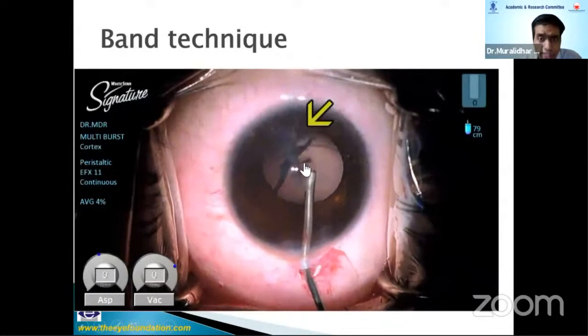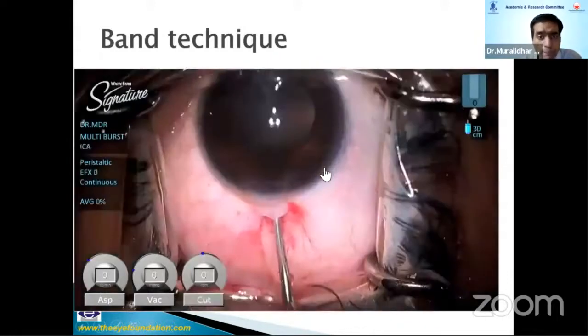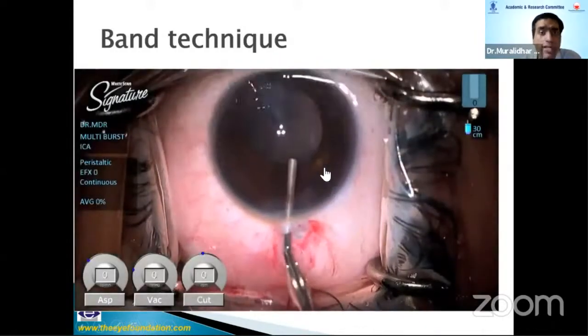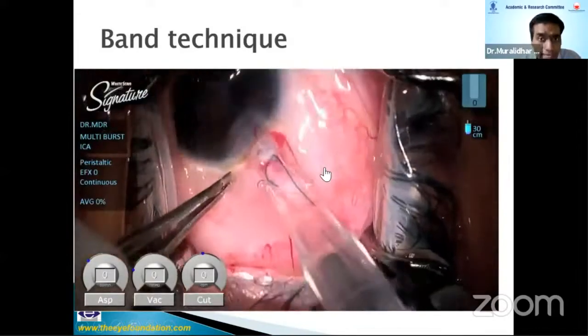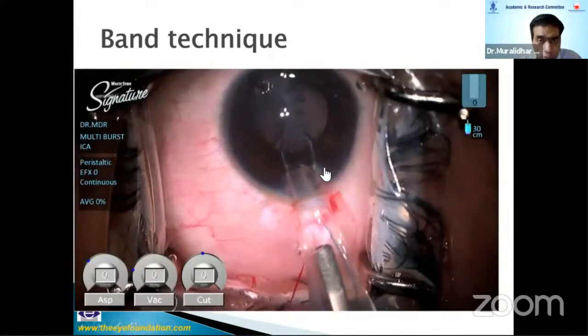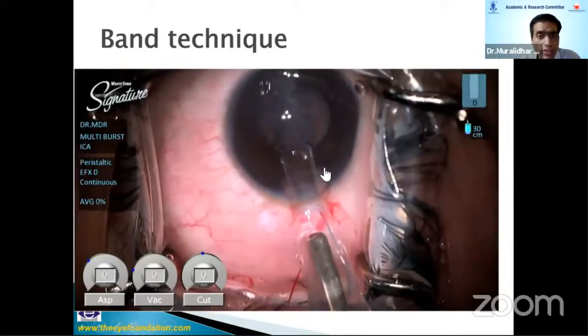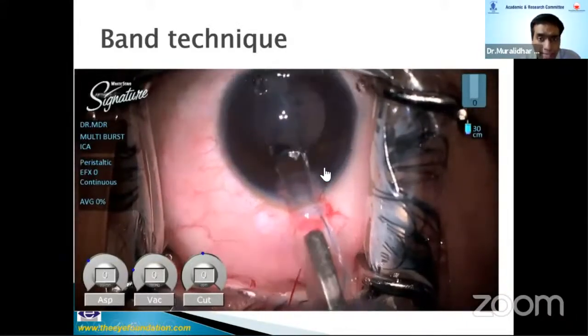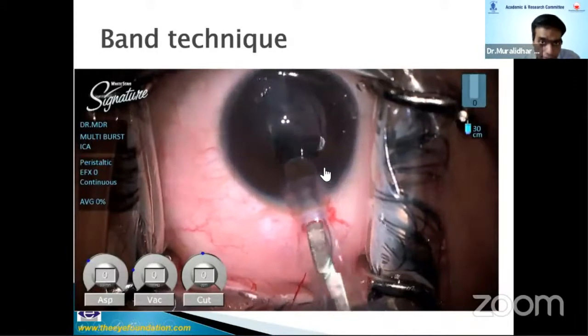For traumatic cataracts, if you don't get a good rhexis, you can make use of this band technique, again proposed by Ken Nischal et al. So here you have to implant the IOL behind the band. Please do not cut this band. You can always YAG it later if you feel it's a disturbance. Do not cut this band, and you can make use of this band. Inject your IOL behind the band, and usually there is no optic capture.